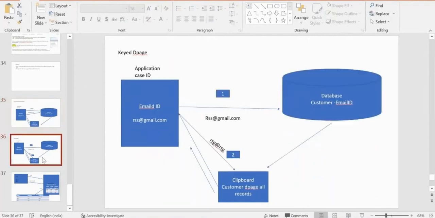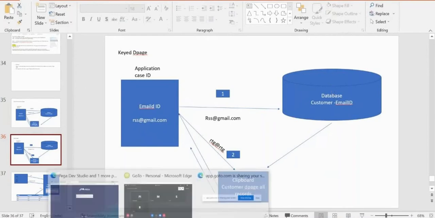But if it is a keyed data page, the first time it will check and all the data will come into your clipboard. From the second time onwards, whatever value you are changing will come from your clipboard instead of the database. That is the advantage of using a keyed data page.